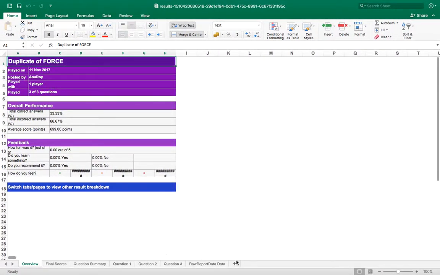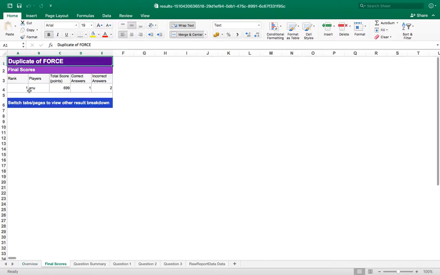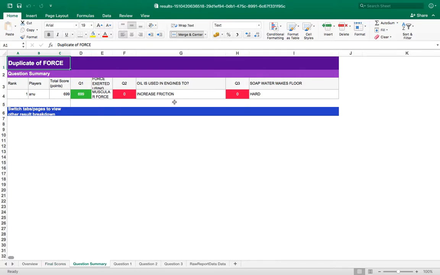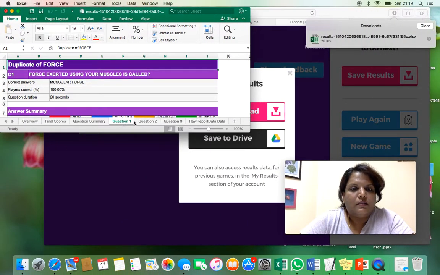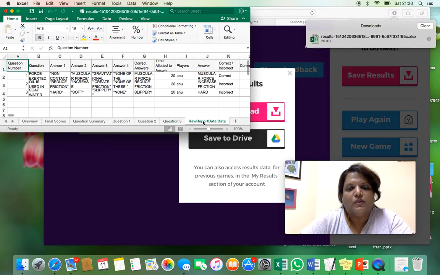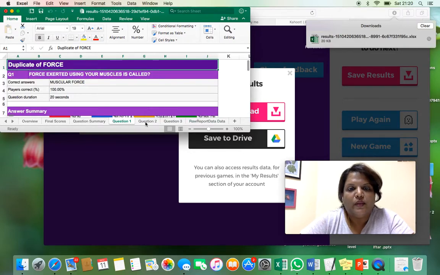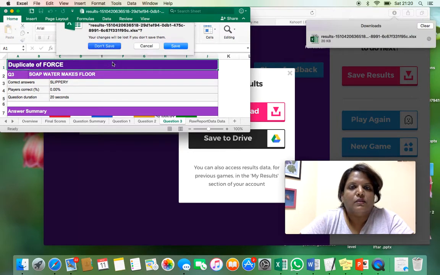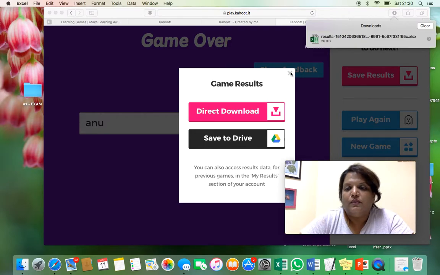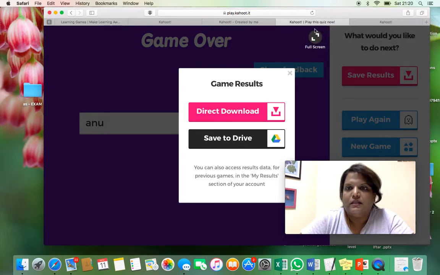If you look at the tab at the bottom, you have the final scores, scored by Anu, 699 points. The question summary is here, like all the questions are given, and you would also notice that for each question you can see their responses. So it's quite useful when you finish a Kahoot. You can download and save it then and there. If not, I'm giving you notes, don't save. You don't have to worry. If you don't have time to do it, then you can still